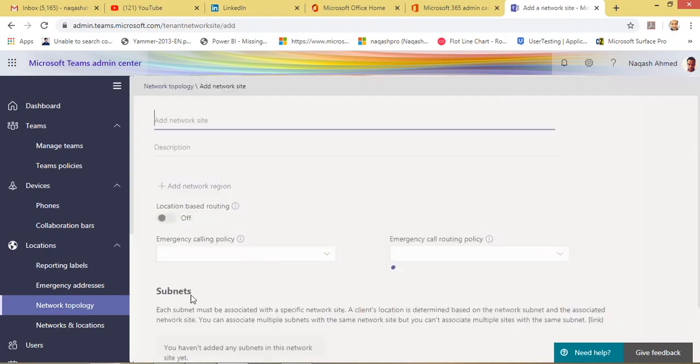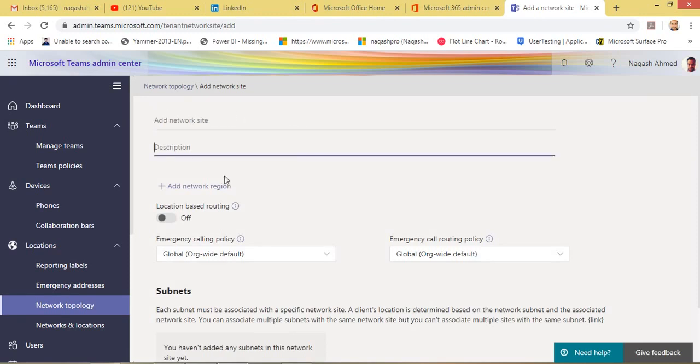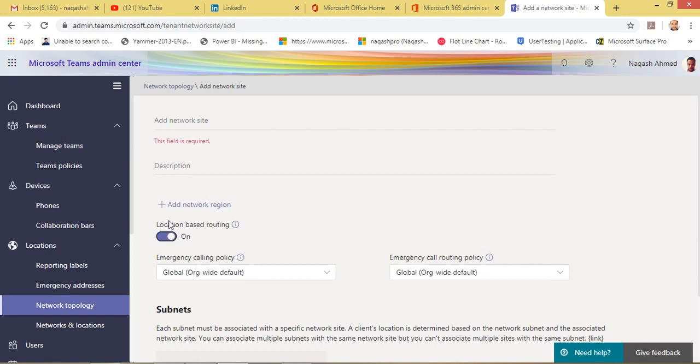Okay, so here you can write your network site, the description, any network region if you have, and network location based routing. Like I said, if there are two offices, one has a different routing table and the other has a different routing table, so you can turn this on.